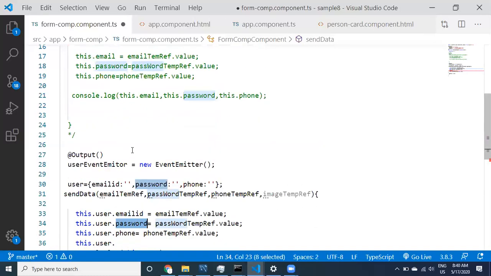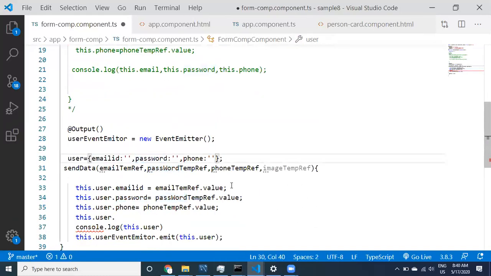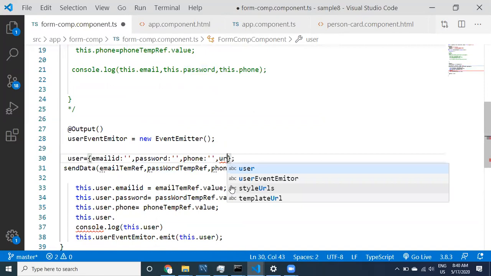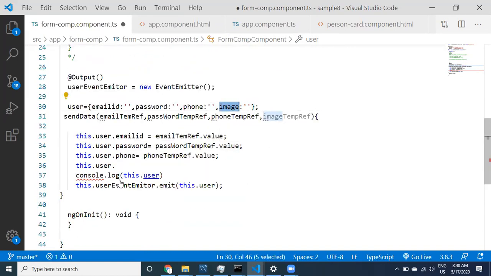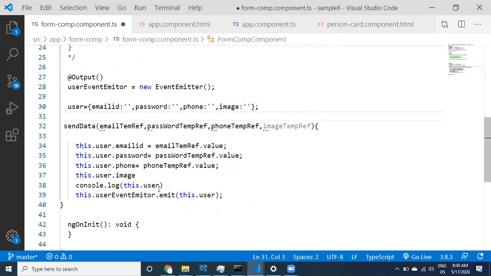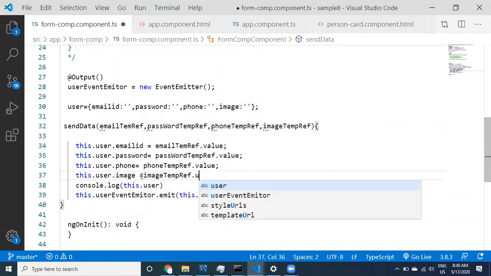In the JSON, I'm going to provide image, going to be something like blank here. Then for this JSON, user dot image equal to image template reference dot value.